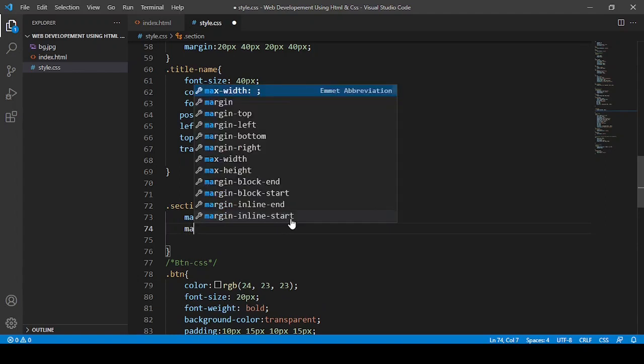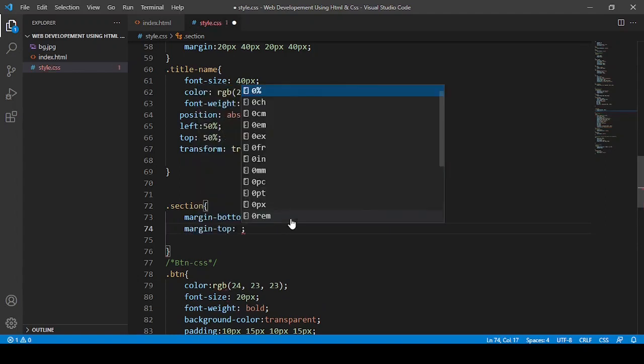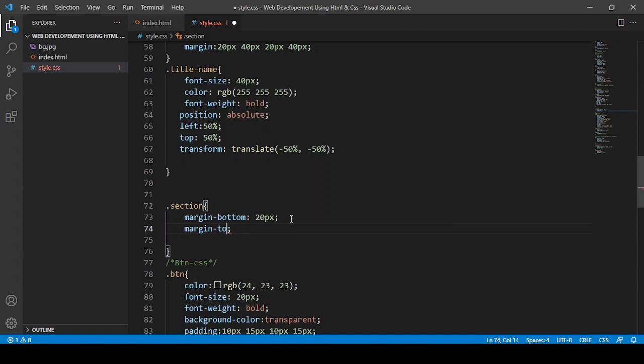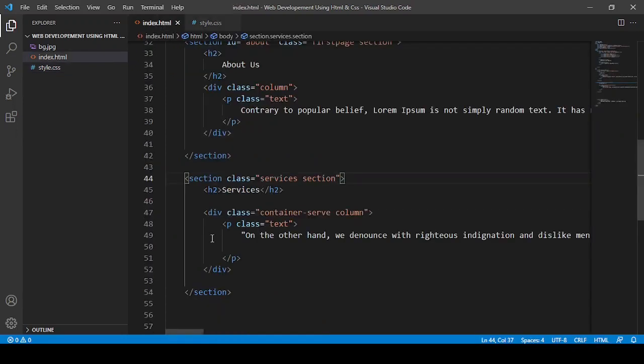Margin bottom works. Margin top will not work because here I have already given the margin. So instead of 20px I can give 40px. And as I said, we can use some buttons also.